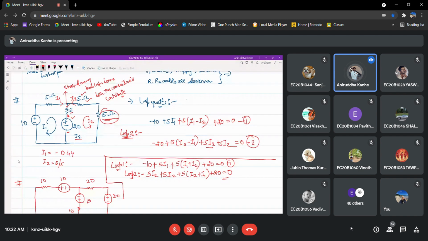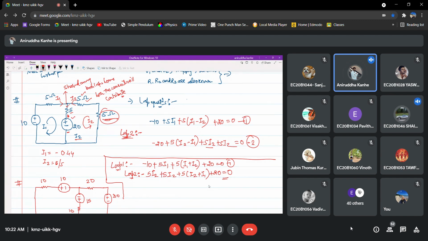So you can see here you will end up with a similar answer. Your equation may not look similar, but your answer will be the same. Can you quickly identify what is the answer here for I1 and I2 such that we can proceed to the next question? At the first instance, your doubt will be cleared that it is not a matter of considering the direction of current. It is a matter of writing the loop equations correctly such that you will end up with the correct answers.